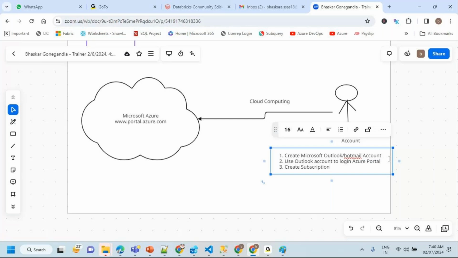We need to have a subscription, and this subscription is going to be available for only 1 month, and after that it is not going to work, and you have to go for pay as you go, or you have to create one more free trial subscription. Forget about what a subscription is and what different types of subscriptions there are, how we can have it. I'll take you through that. Let me create the Outlook account first. In order to create an Outlook account,